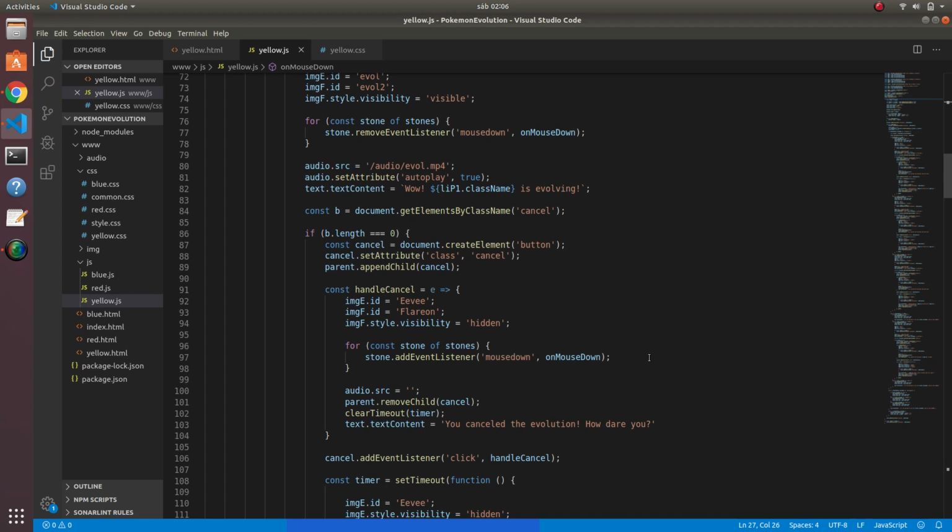it's going to create an array of elements with the class name cancel. And originally there is not going to be any element with the class name cancel because I didn't create any. So if the length of the b constant is 0, you create the cancel button. But if there was already,